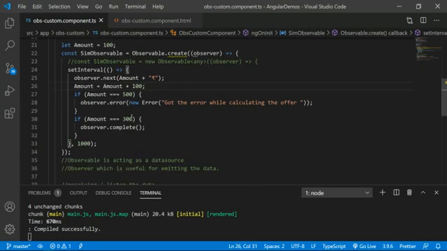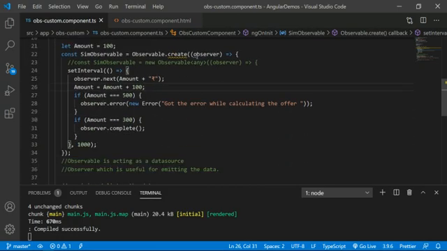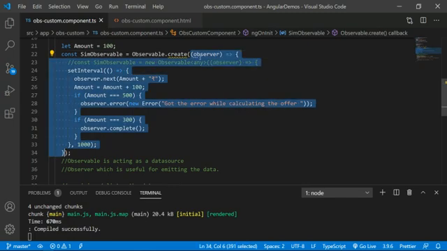The next step is, see here, the logic inside create is entirely taken as a parameter, which means it's a kind of function, right? It expects one single parameter, that is the observer. This is the function parameter.